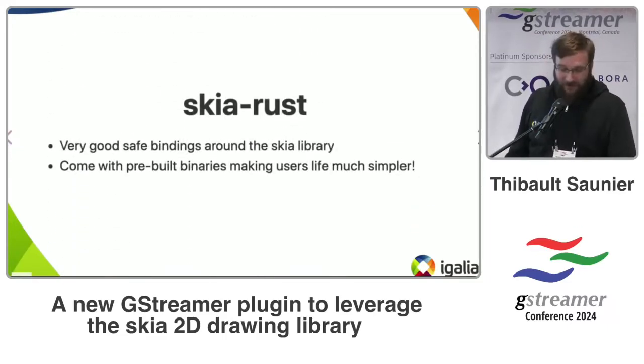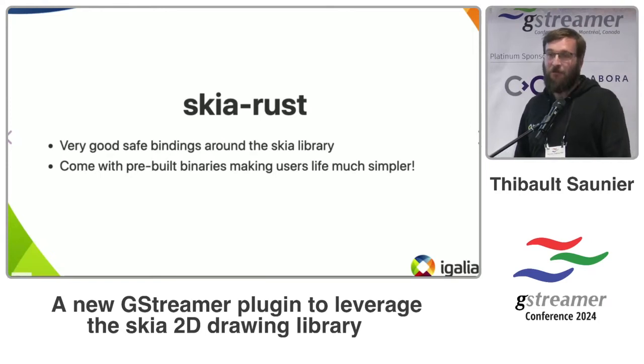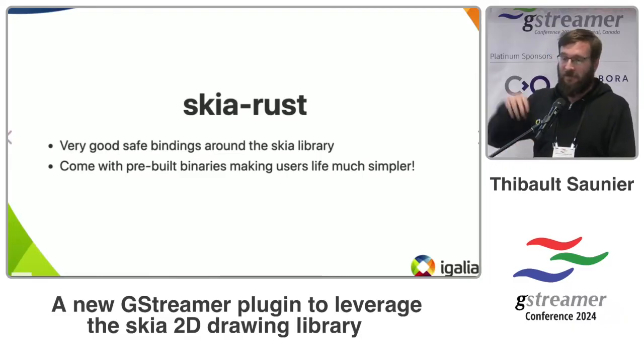So we are building the GStreamer plugins in Rust, and we use the Skia Rust crate. One thing that is nice with the Rust crate is that you don't have to build Skia or have it on the system, but it will just pull pre-built binaries, basically statically linking all of Skia, because Skia is often a bit of a mess to use. And it provides a stable API. You can just use the cargo lock file to make sure that it doesn't move,